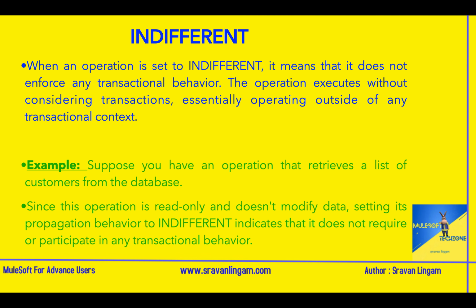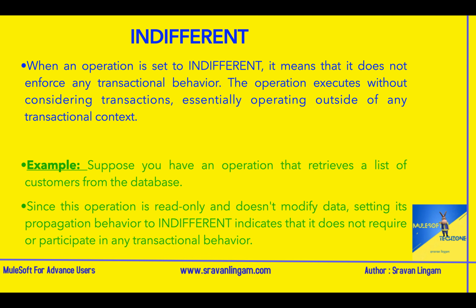Blocking IO stage. It will hold the transaction, so it might impact your API performance. But when there is a scenario where you have to use the transactional scope, for example rollback strategies, if there is a need, then there is no other option for us than using transactional management. But wherever there is a chance where you don't want to use it, then you can go with this particular